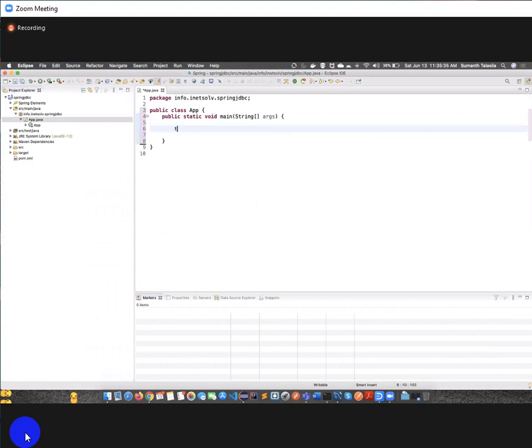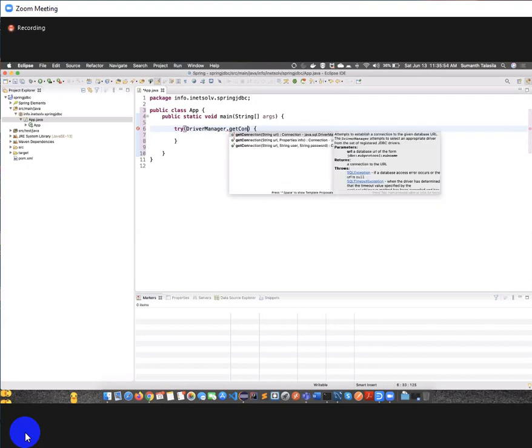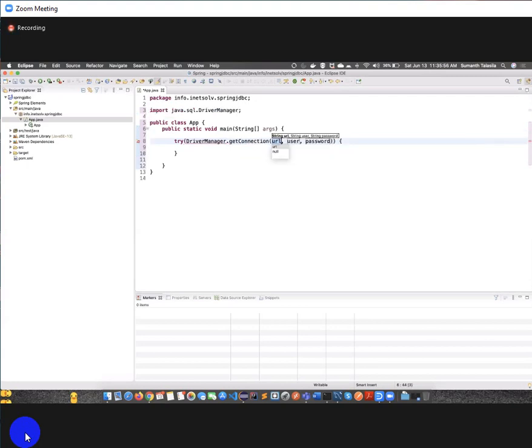Now let's do one thing. Let me start writing the try block here. Try. Okay, I'm opening a flower brackets here. Okay, now whatever the code you want to do, you are going to write inside this particular try block here. Okay, now let us say I want to get the connection here. DriverManager.getConnection. Okay, I know I'm hard coding. I will remove this hard codings later point of time here. Okay, jdbc:mysql://localhost